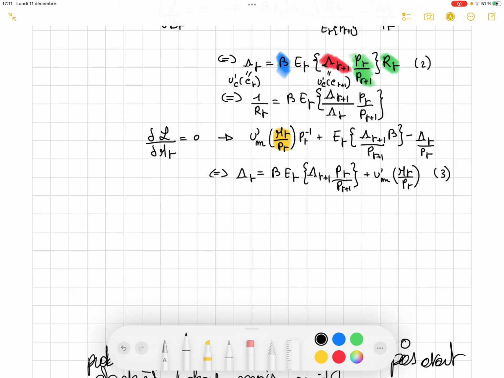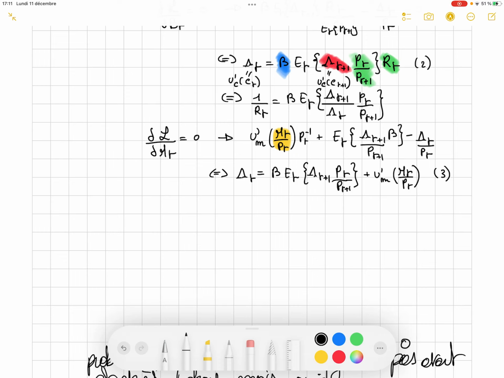because we are giving up some consumption for sure. The cost of holding money is that we give up 1 unit of consumption as before. But on the left side now you have also the marginal utility of money, in the sense that having money is also a benefit itself directly at the current period. So that's where this term comes from.